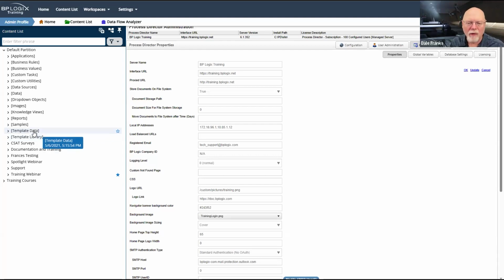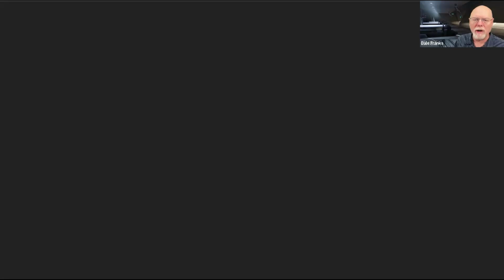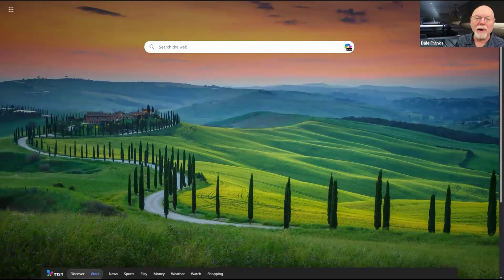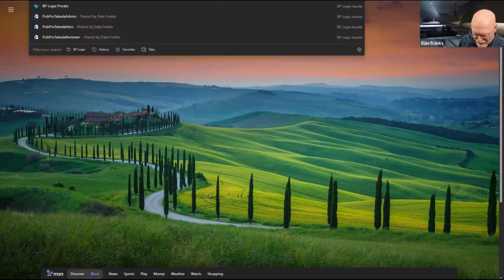You won't actually ever work in the template data folder. It simply exists when you download the template library. Speaking of which, the template library is downloadable from,